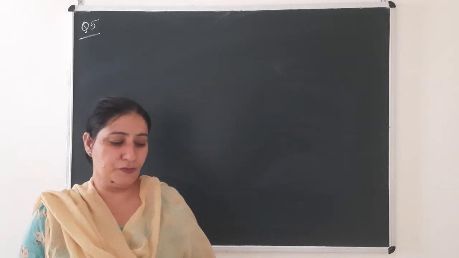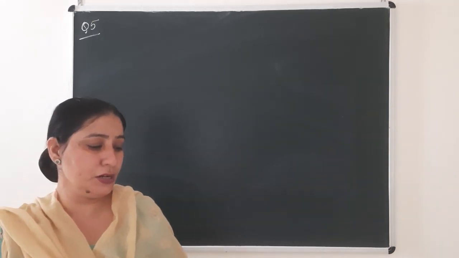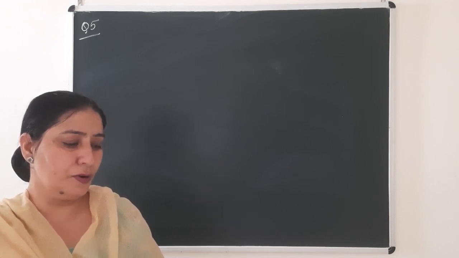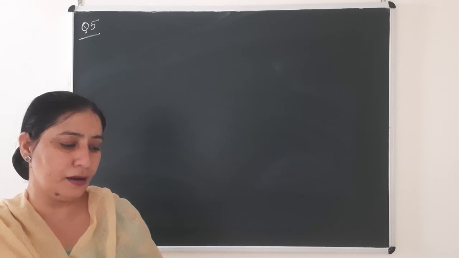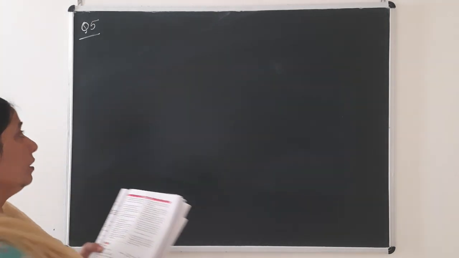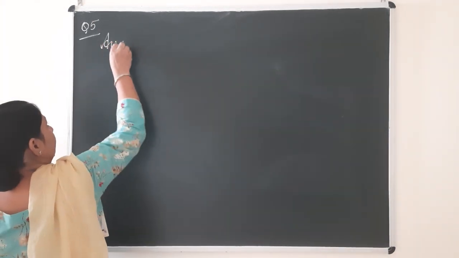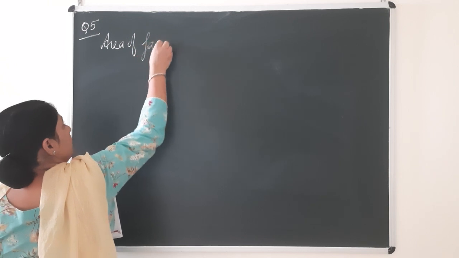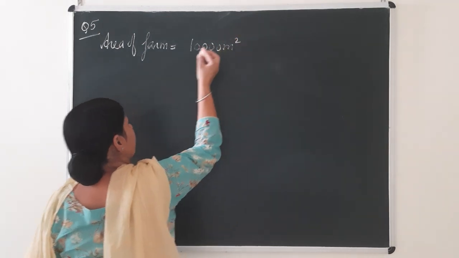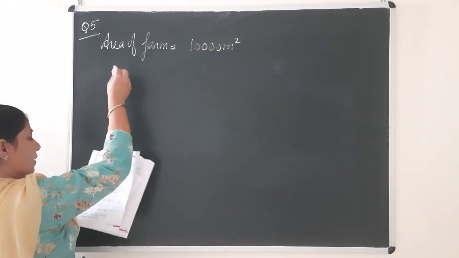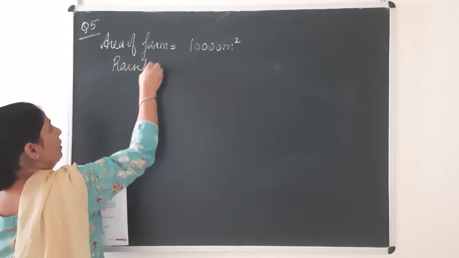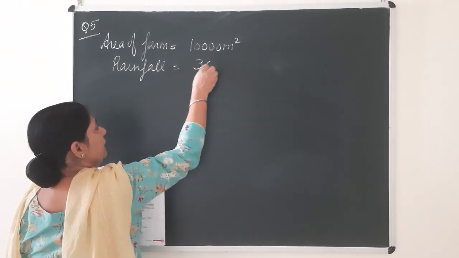Now beta, we are on question number 5. Just have a look at the statement of the question. He says 3 centimeter of rain fell in Delhi today. Find the volume of the water that fell in the farm area 10,000 meters square. Now what is he giving you? He is giving you the area of the farm. Okay, area of the farm is given to you 10,000 meter square and it is giving you the amount of rainfall. So rainfall you know is always measured in centimeter. So rainfall is given to you equal to 3 centimeter.